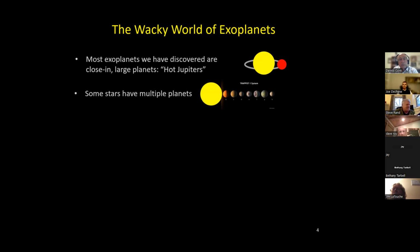We have detected that there are some stars that have multiple planets. One of the most famous that has been discovered rather recently, actually, is the TRAPPIST-1 system, where about 4 or 5 of these planets orbiting the star are within the so-called habitable zone. So in fact, the TRAPPIST system is a prime candidate for the Webb Space Telescope to try to characterize their